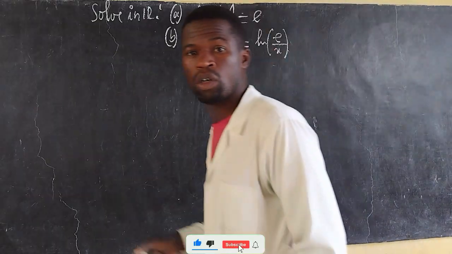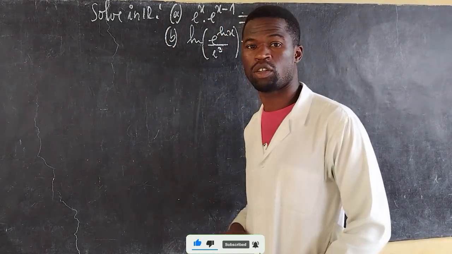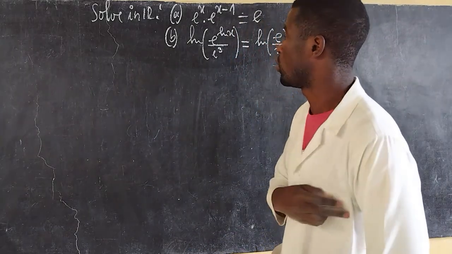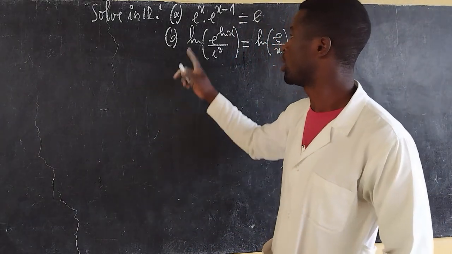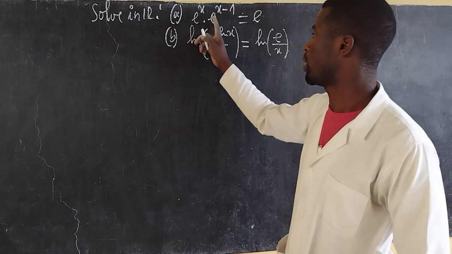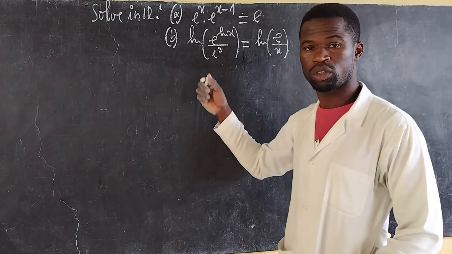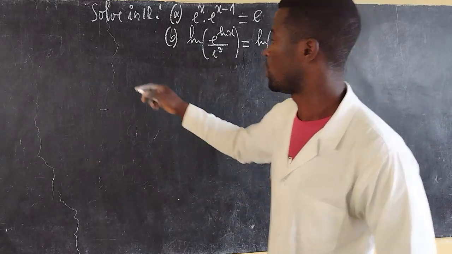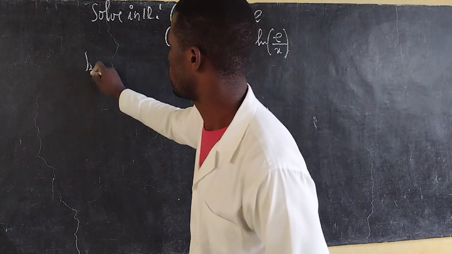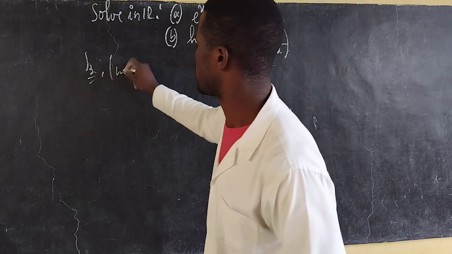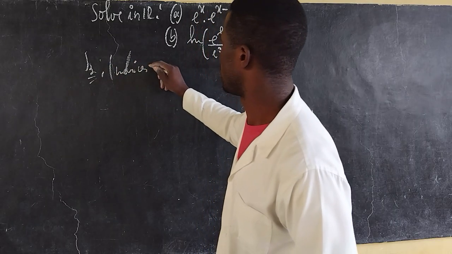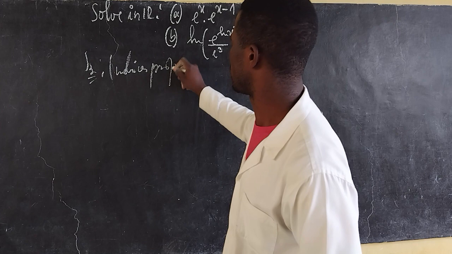Okay, let's try to solve this kind of equation, which says: solve for the real number x, e to the power x times e to the power x minus 1 is equal to e. By using the properties of indices,